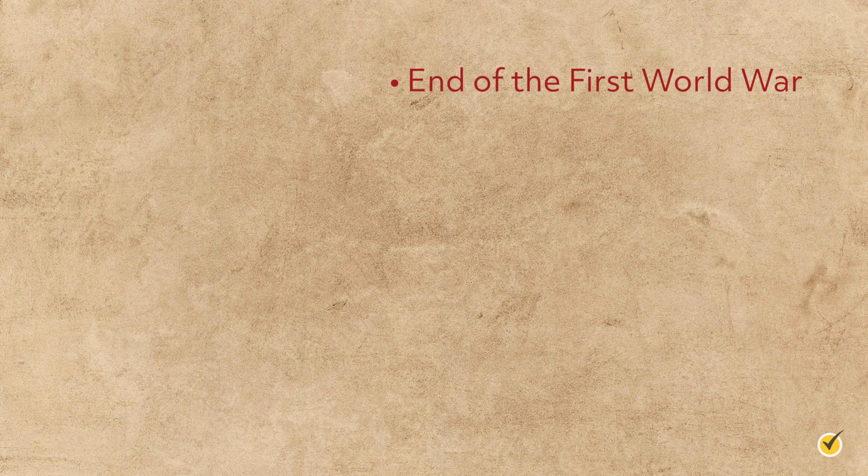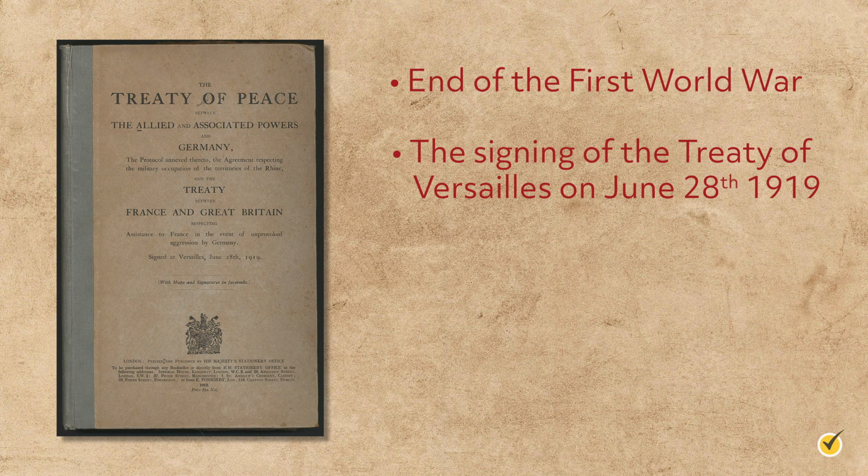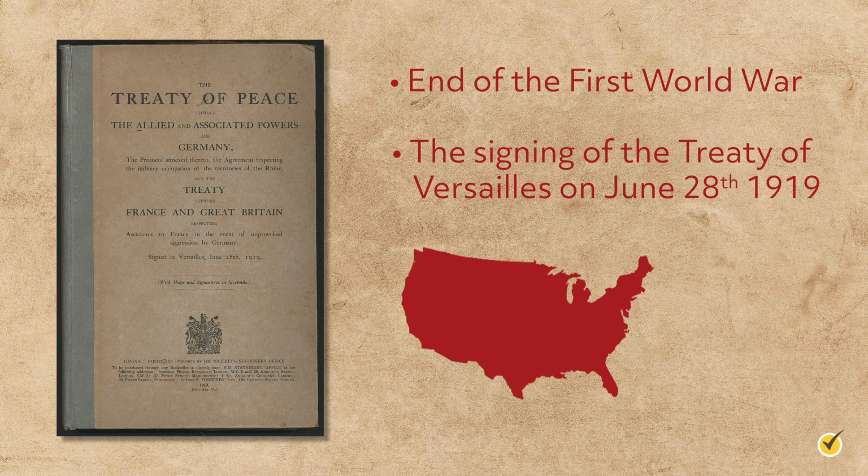The course of the decade was set by a series of events which took place in 1918 and 1919. The most significant was the end of the First World War and the signing of the Treaty of Versailles on June 28, 1919. The war brought about a dramatic shift in the world's balance of power. The era of European dominance was at an end, as the continent's major powers were all irrevocably weakened by the conflict. America and Japan were the war's real winners.